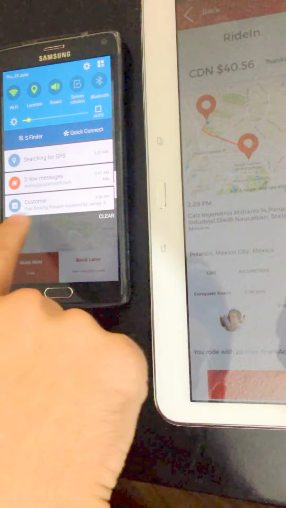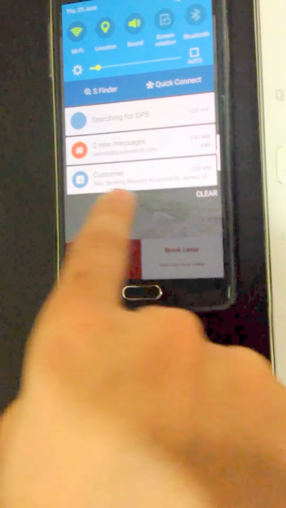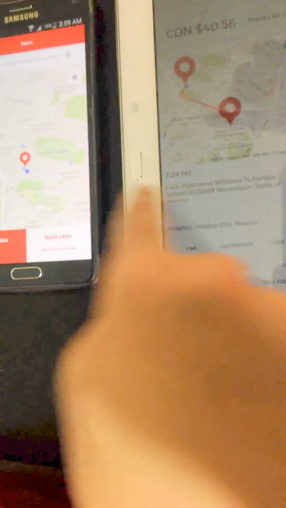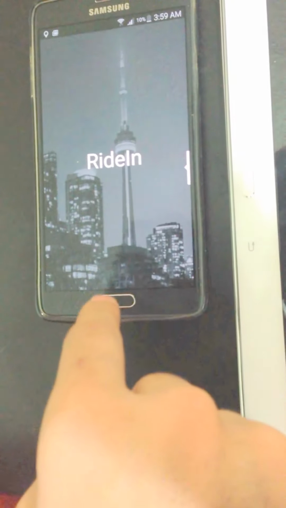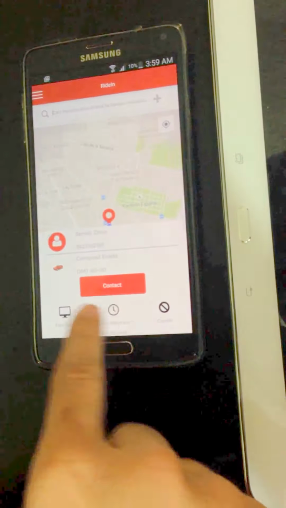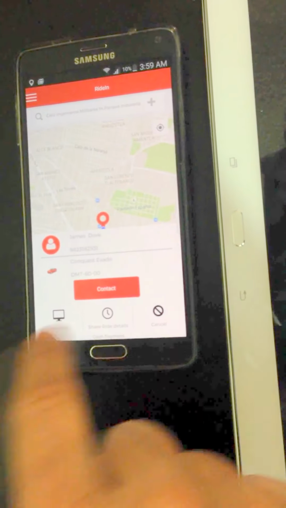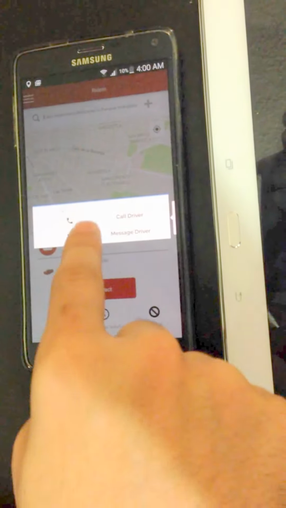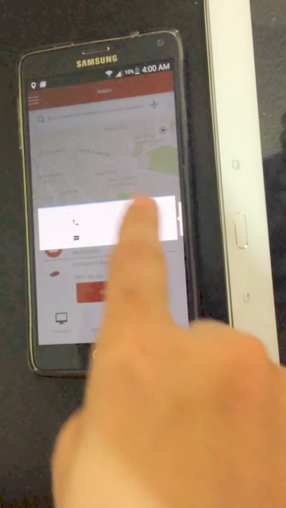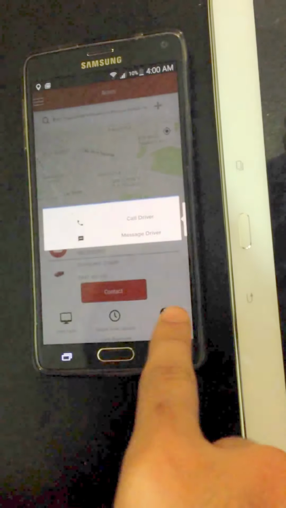And in some time, whenever the trip is ended, here the customer got a notification, your booking request accepted by James. So he comes and picks up that person, and I'm just going to click on the notification. Let's see what happens. So I clicked on the notification. I get to see James Dove is the driver who's going to pick me up, and I can contact him via phone call, via chat. I can send an SMS message to him. If I click on call, I can call him, and I'll go back to the driver now.